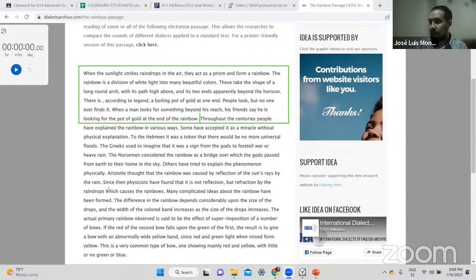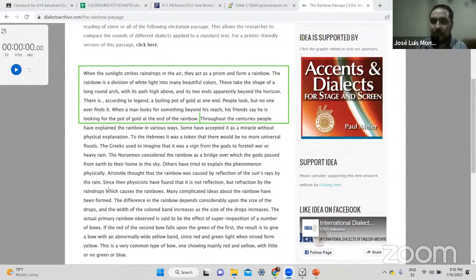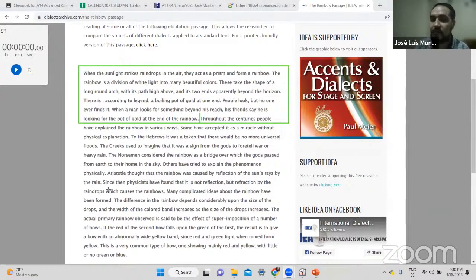There you go, right? So again, we're talking about the rainbow. First, a very clear and scientific explanation, right? White light divided into many beautiful colors that has two ends, right? But according to legends, what's there is what? It's a pot of gold, right? And again, you've seen that in many movies, perhaps, or you've heard that before, right? But we know how this is, but this is just part of the reading.